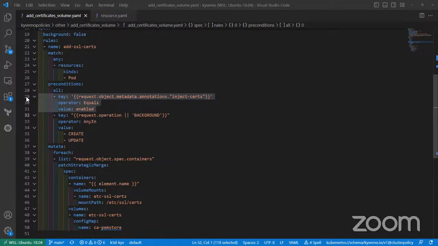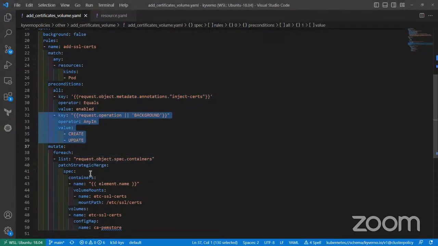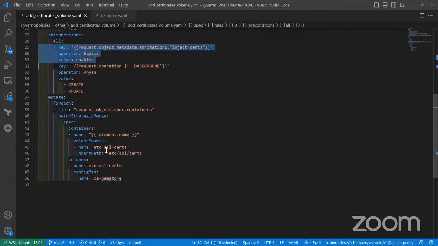So Kyverno picks that same concept up and reuses it to make a lot of the fine-grained decisions that you can really use to scope down the behavior of a policy. So this is the first one we're checking for. We're checking for that annotation. And the second one we're checking for is that the pod is being created or updated. So if either one of these is happening and this is true, then it's going to go and mutate the